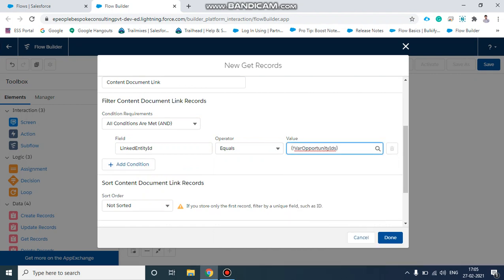That should match, and only then should it fetch the records, the IDs, after matching.